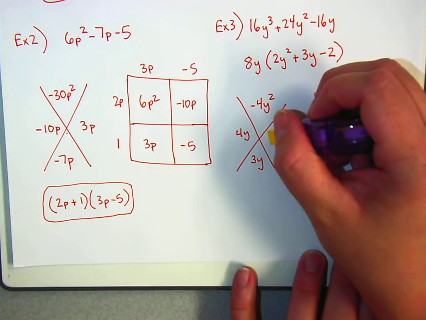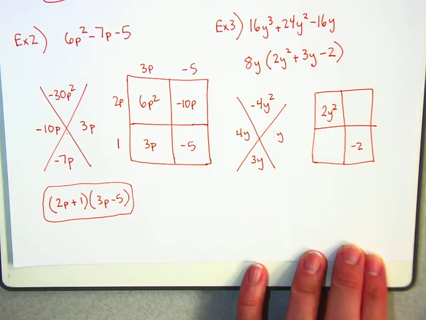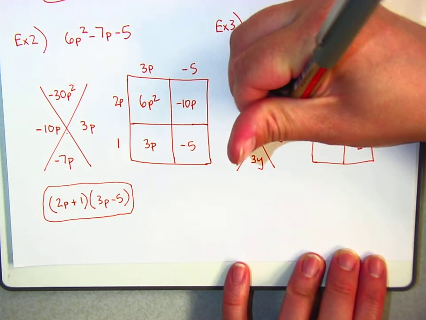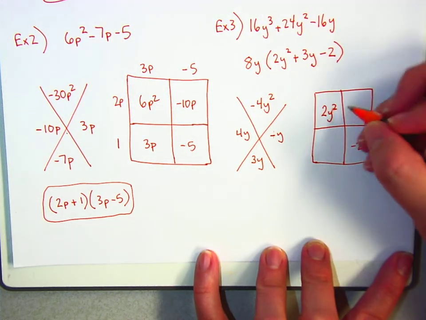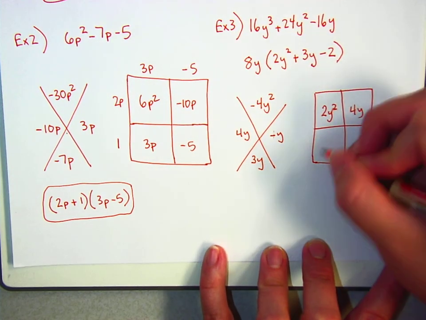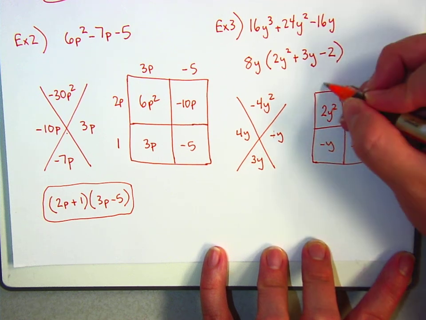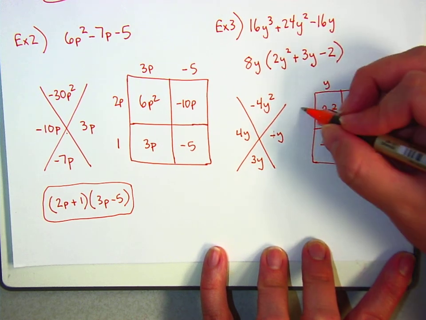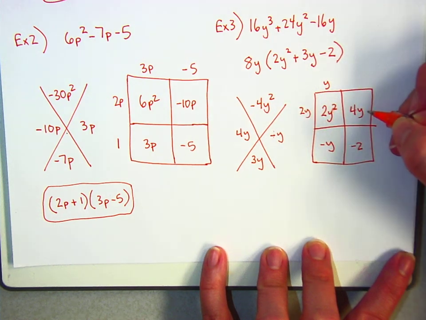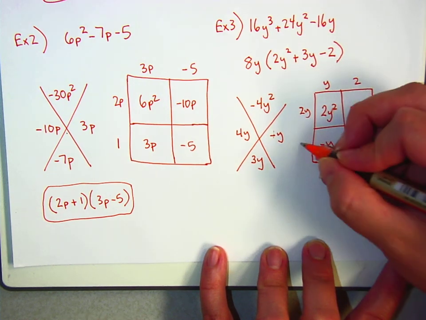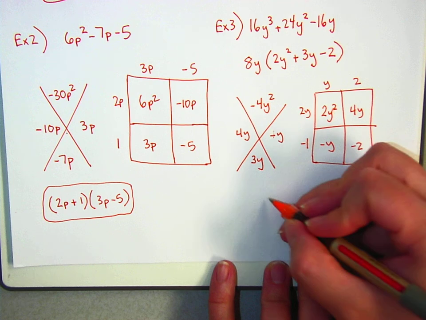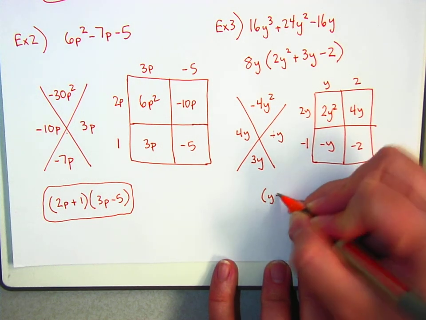And then one of them has to be negative, so I guess it might as well be that y, because then we get 4 minus 1, which is 3. All right, so then I'll put the 4y here and the negative y there. It doesn't matter where they go. Things in common here is just a y, which means we need a 2y over here. Still need a 2 right there and a negative 1 there. If you are struggling with figuring out how to pull